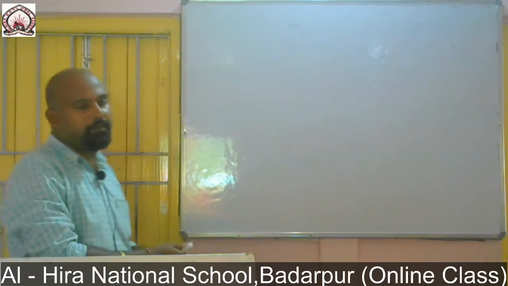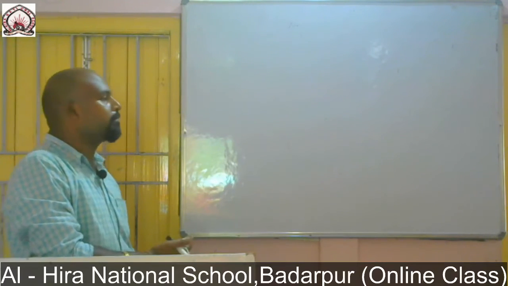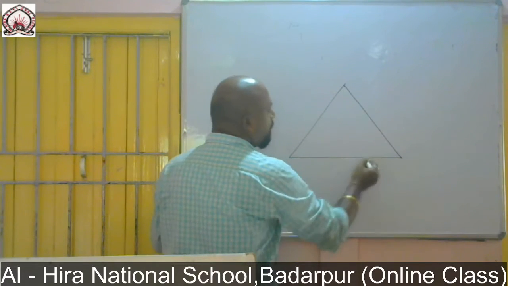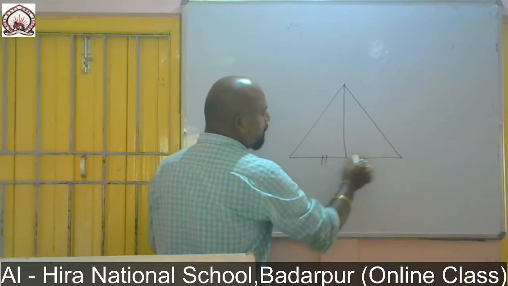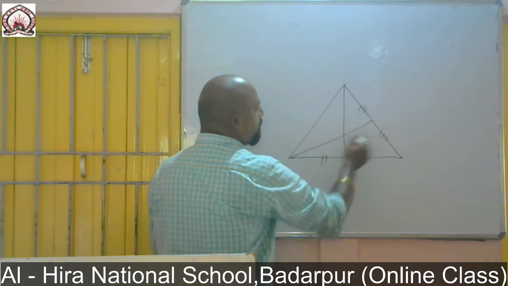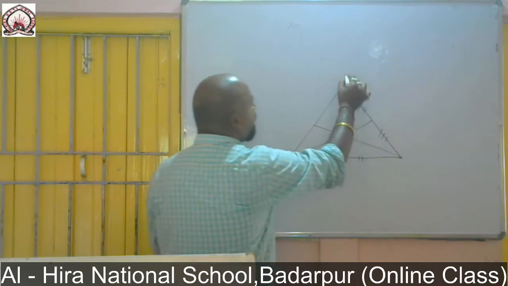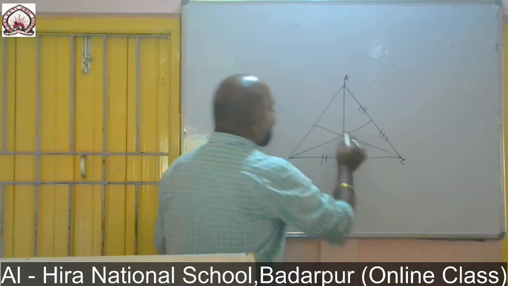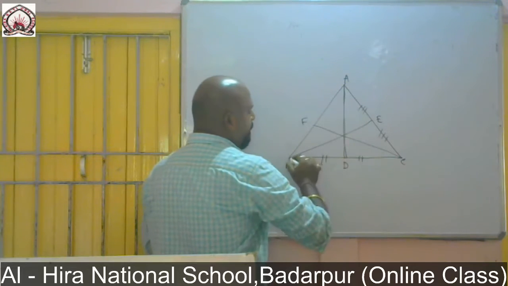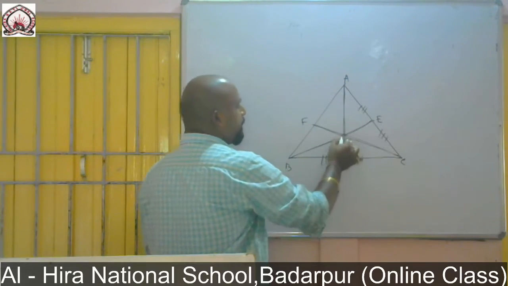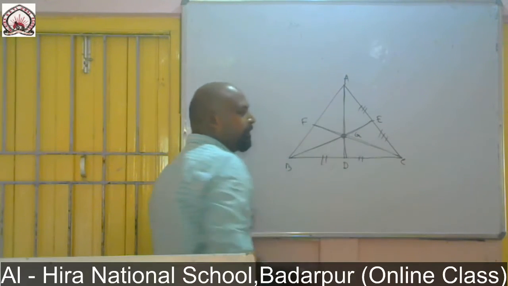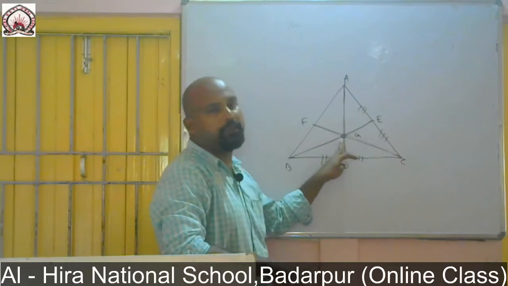First of all, we consider what a median is. Now, a basic knowledge of the median. Let us consider this is a triangle. If this is a median, this part will be equal to this part. This is another median. ABC is the triangle, where AD, BE and CF are the medians. They meet at this point, and this point is known as G, the centroid of the triangle.